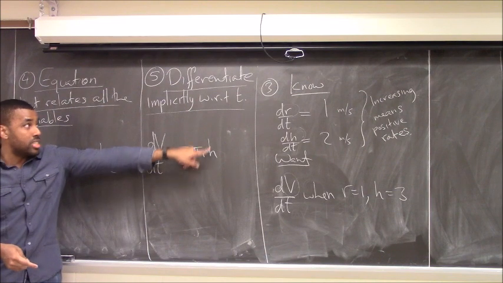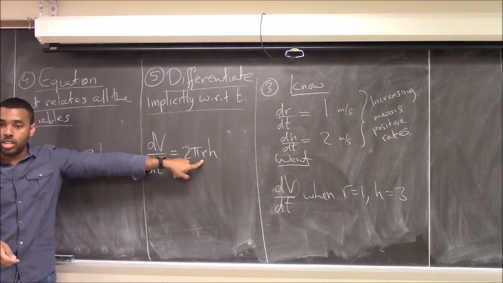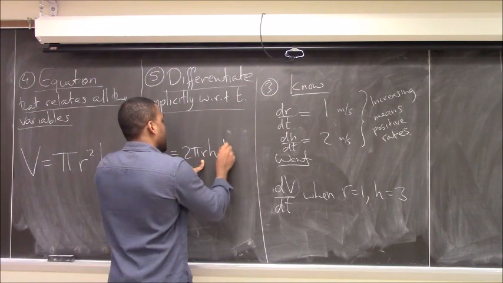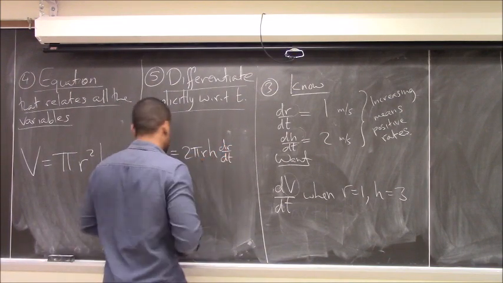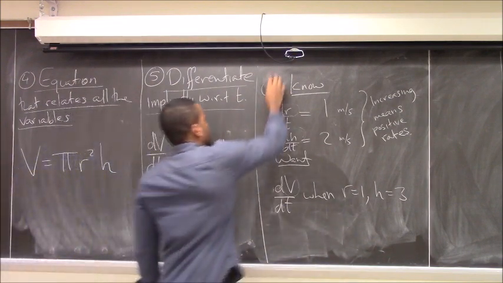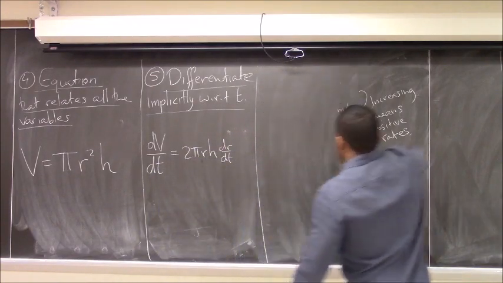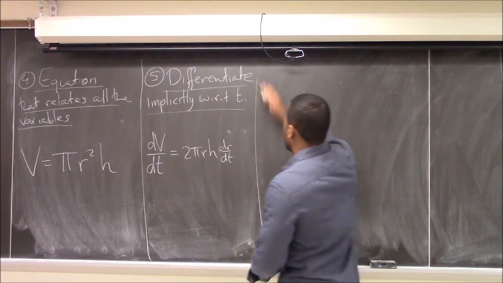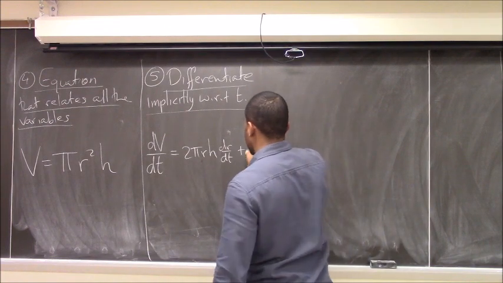Because my r is not t. So my r is a function of t, so there's some inside function there. So I have to multiply by dr dt. Right, that's implicit differentiation happening here. So that word implicit is important, right? Plus